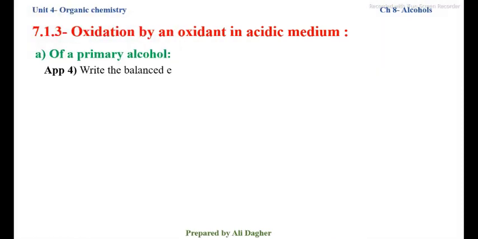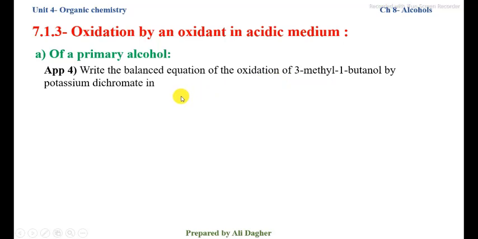Application 4. Write the balanced equation of the oxidation of 3-methyl-1-butanol by potassium dichromate in acidic medium. The alcohol is in excess. When the alcohol is in excess, then the primary alcohol will give an aldehyde. 3-methyl-1-butanol,